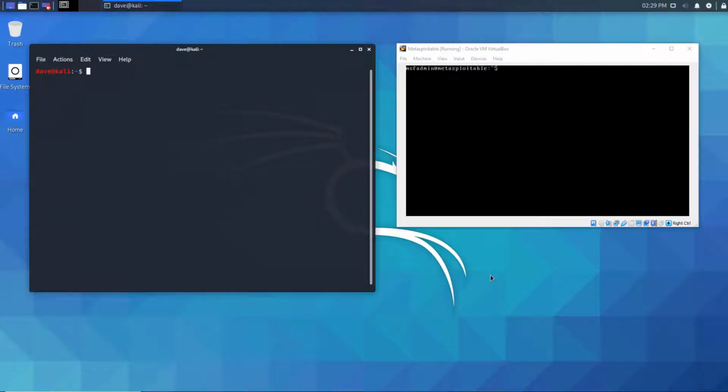All right, what we're going to look at now is a real quick and dirty demo on how to use NMap. So I've fired up VirtualBox here. I've got a couple VMs running. I have an instance of Kali running over here on the left. Over here on the right, I have an instance of Metasploitable running, which is made by the Rapid7 folks, same